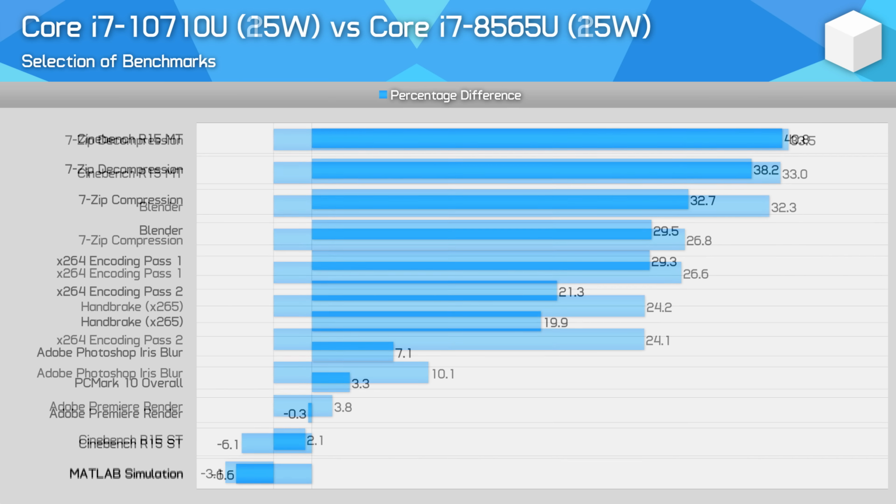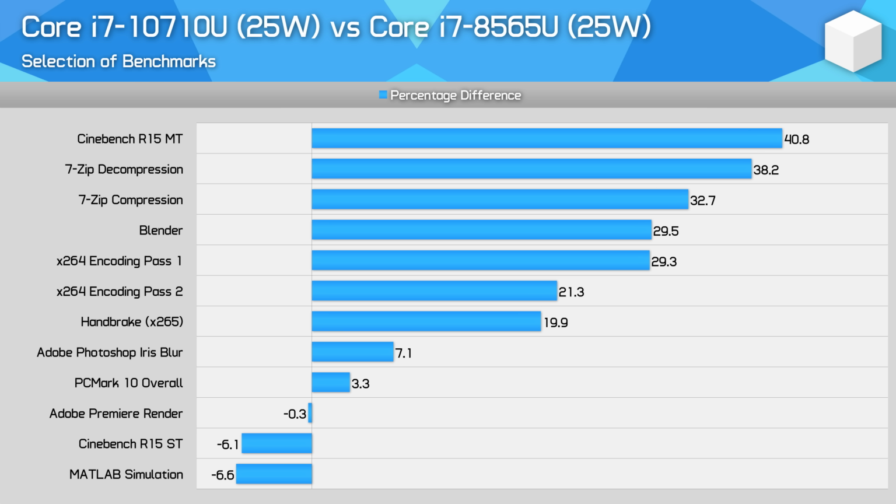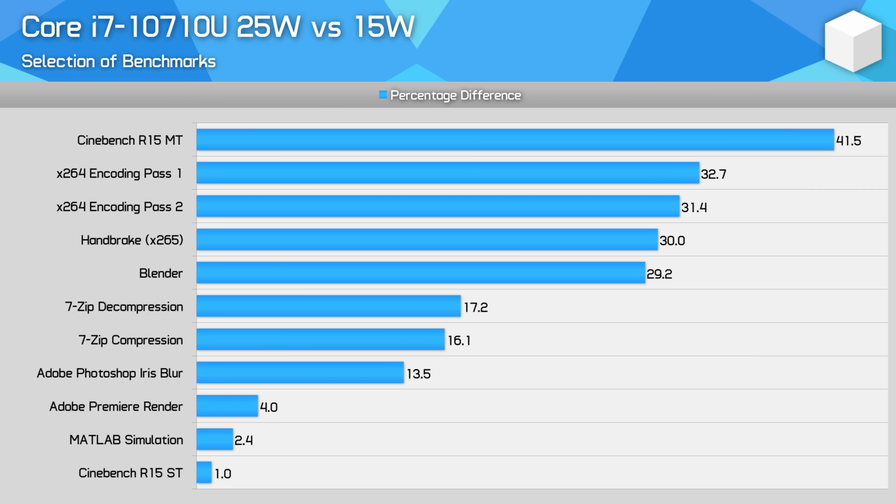When comparing 25W models, it's a similar story without as much of a gain in single-threaded workloads. In fact, here the 6-core can be slower in some situations, but we're still getting around that 30% improvement in multi-threaded workloads. If you're wondering about 15W versus 25W, well, if you're lucky enough to get a laptop that can be run at 25W,